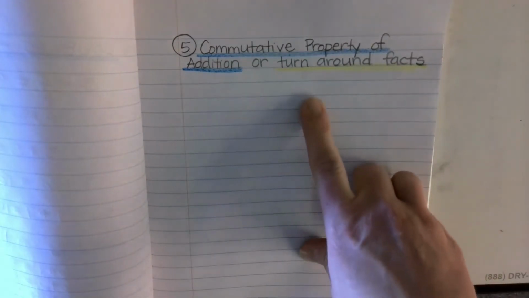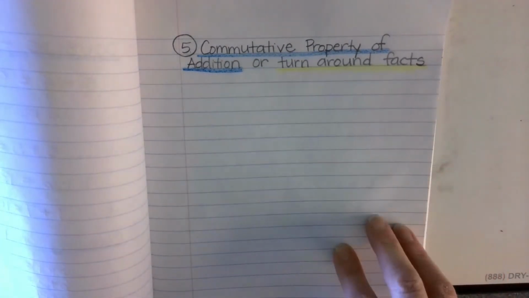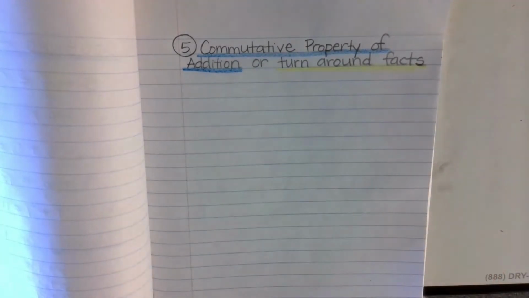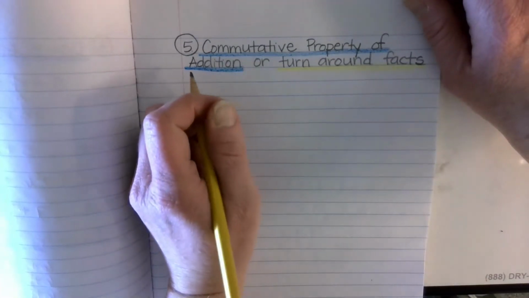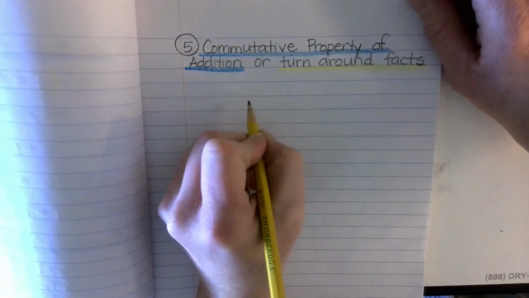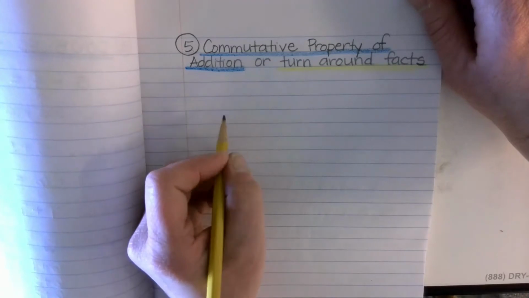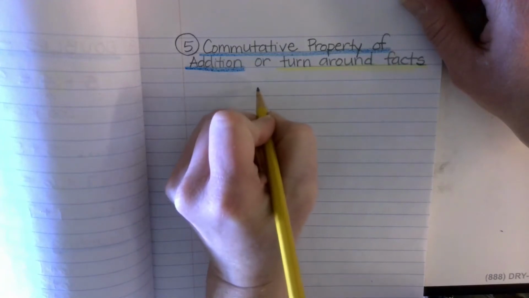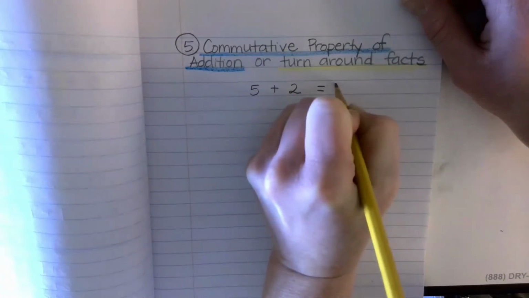Now this strategy only works in addition. This is an addition only strategy. If you try to do it in subtraction, it's bad news. So this is an addition only strategy. And you've probably seen this before. This means that if the addends trade places, we're going to end up with the same sum. So for example, if I have 5 plus 2 equals 7,